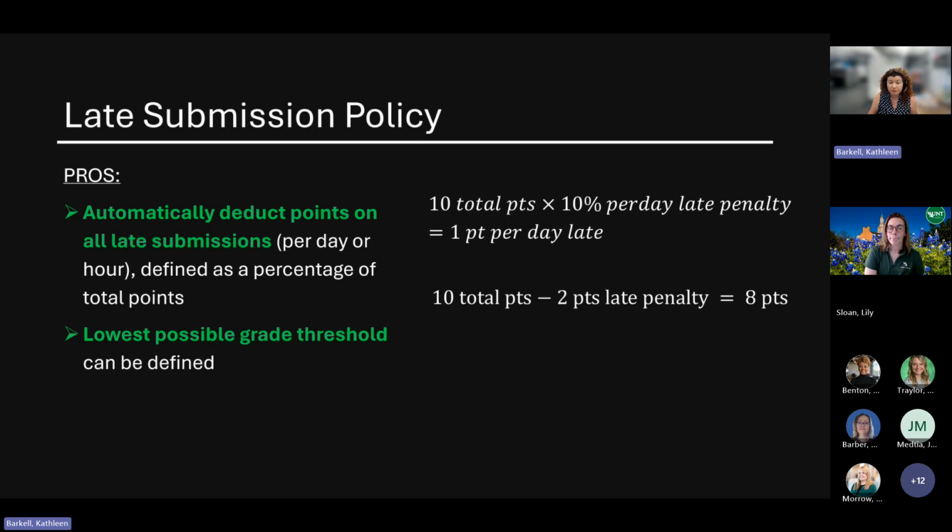So for example, if your late submission policy is set to deduct 10% per day for late submissions, and a student submits an assignment 8 days late, and let's just go with our original example, our assignment's worth 10 points if they turn it in on time. So 10% per day late, then they are losing 8 points to that late penalty, meaning they would have an